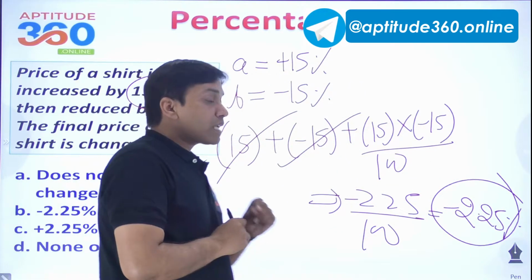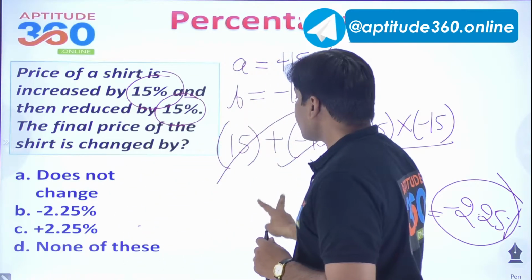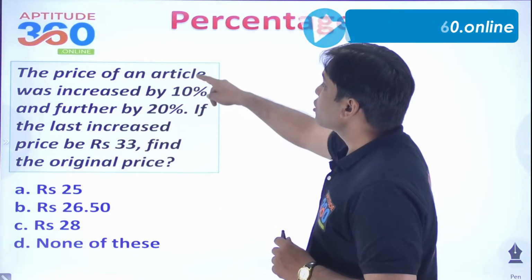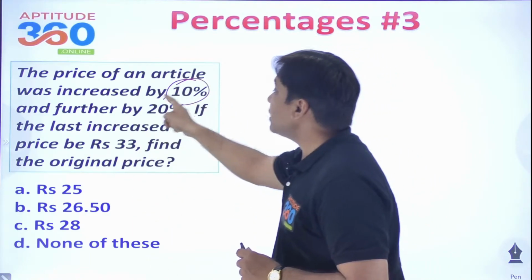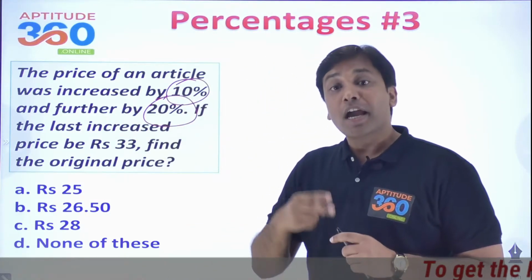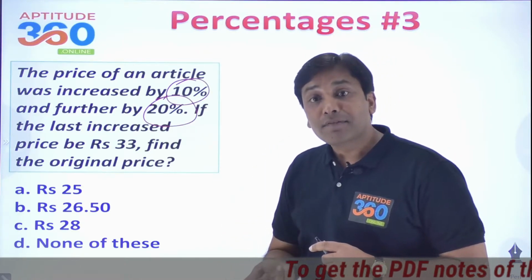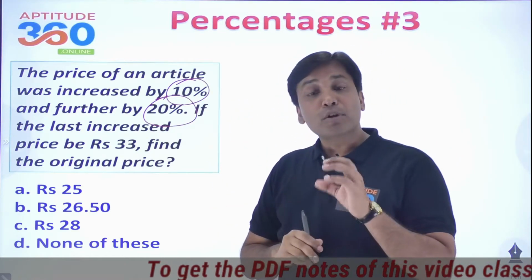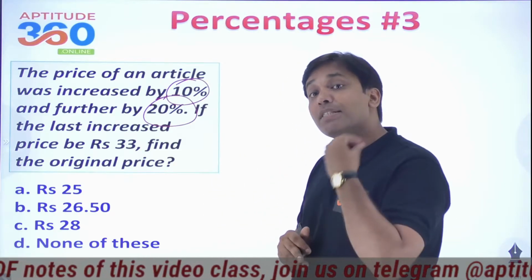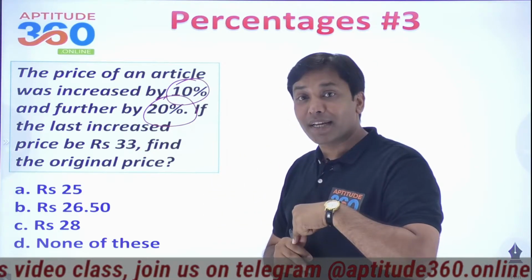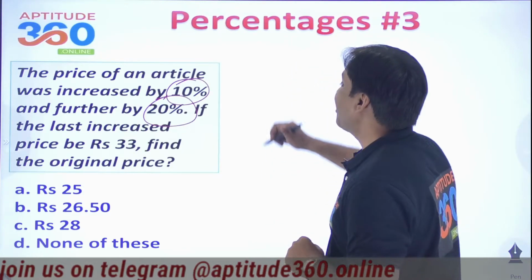Now if you understand this thing, so ये भी फॉर्मूला आप सबको समझ में आना चाहिए. So price of an article was increasing by 10% and then further it was increasing by 20%. So what is the meaning of it is increasing further? कहने का मतलब है कि पॉपुलेशन पहले तो 10% से बढ़ गया, राइट, फिर वो 20% से बढ़ गया. 20% से कहाँ पे बढ़ा? जो बढ़े हुए वैल्यू पे बढ़ गया. Is that okay to you? Now, so what is that?